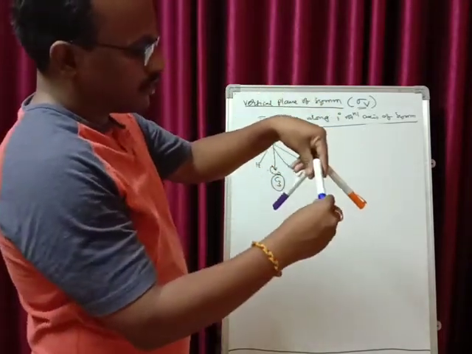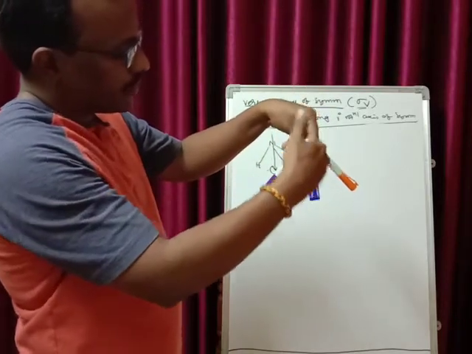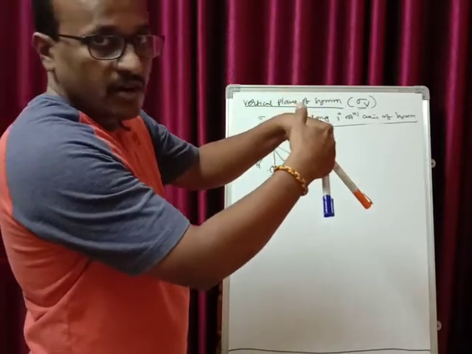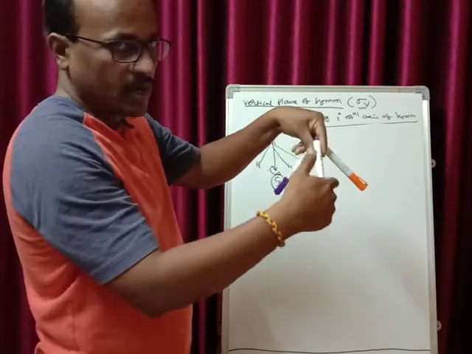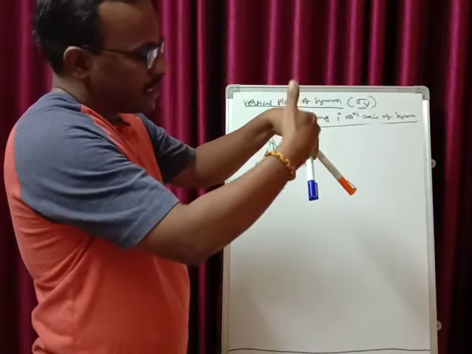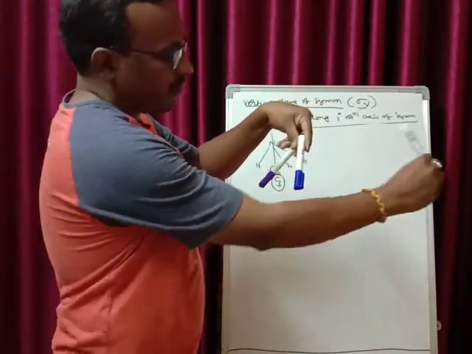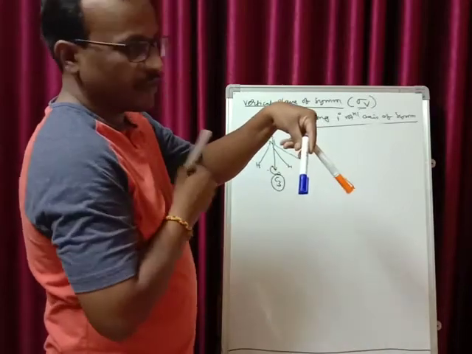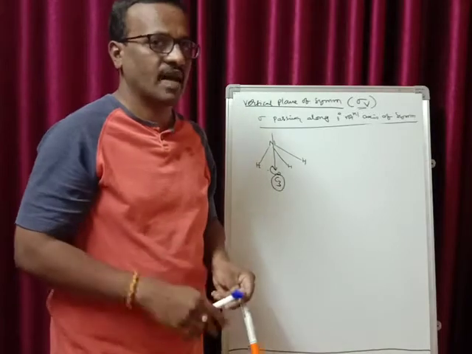Now I'll just show in a front view. We are cutting the molecule like this from top to bottom. When you are cutting, it is cutting from the center of the nitrogen and also the hydrogen and the bond, that's the NH bond. The plane is touching the NH bond and you are bisecting. When you are bisecting, you get the first half this side and the second half the other side.